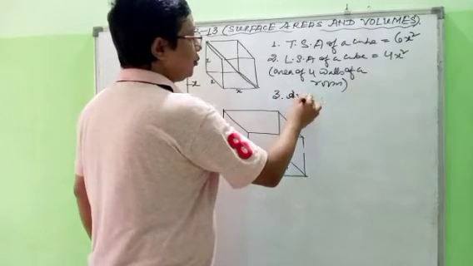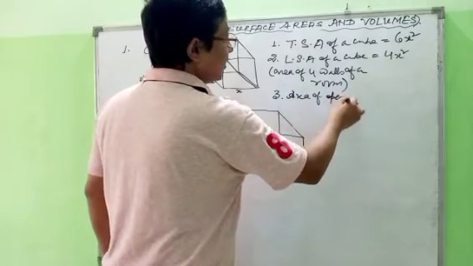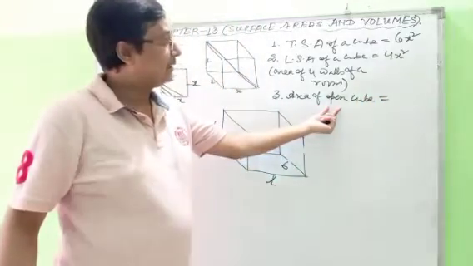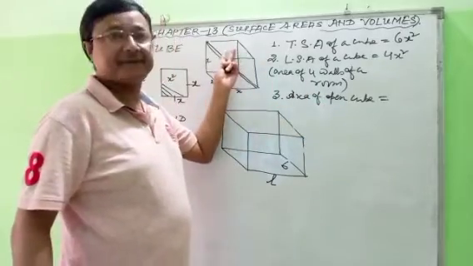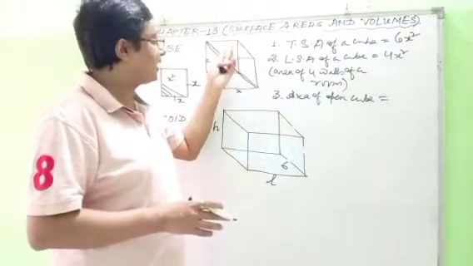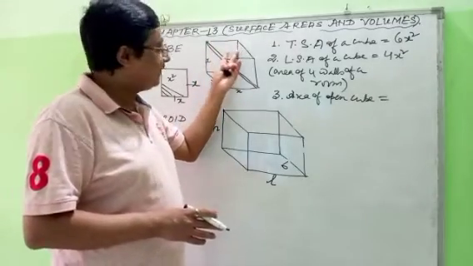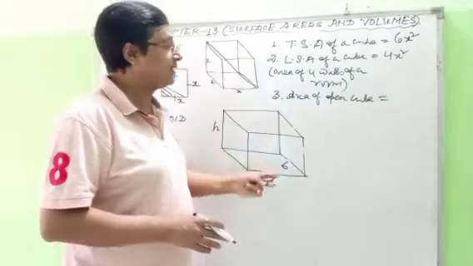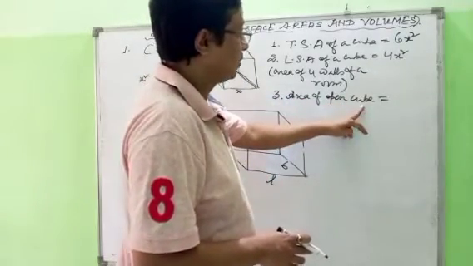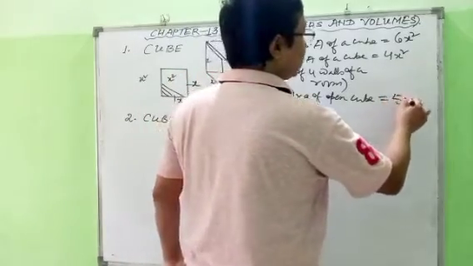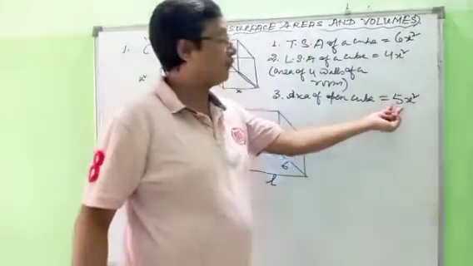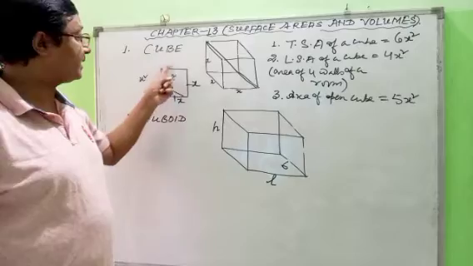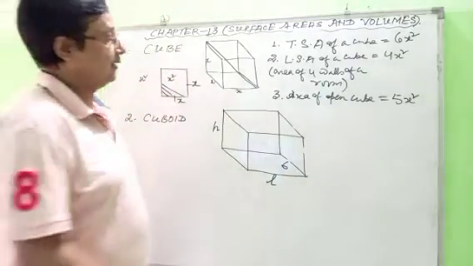Next is number 3. Area of open cube. Now the cube is open, so you are not going to count the upper surface because it is open. So there is no surface. That means leaving this upper face, you have got the remaining 5 faces. So the area of the open cube will be 5x square, because the number of faces is 5. So 5 times this area. Then number 4,